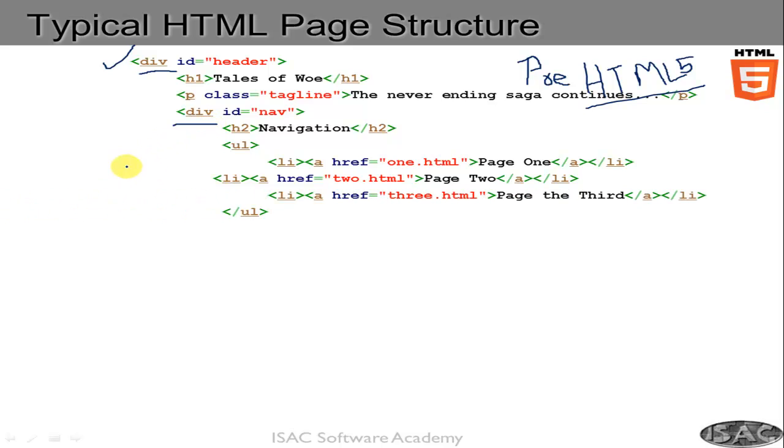So this is the list we created. Inside this div we created another div and put some links, and then we close this div, and then we close this header div. After that you can start creating a sidebar div,